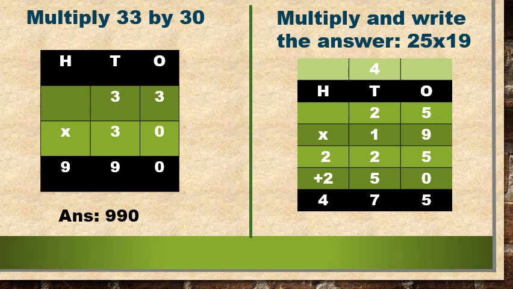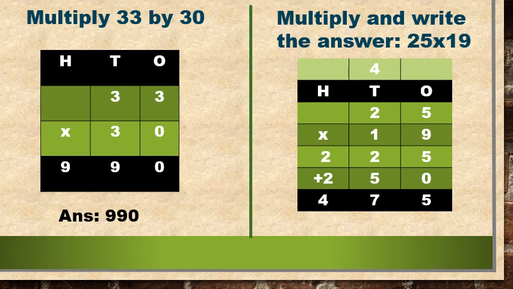So in the first step, we are going to multiply 25 by 9, right? And that gives us 225. And in the second step, we are going to multiply 25 by 10. Why 10? Because the 1 is sitting in the tens column. Alright, and we know 1 tens means 10. So we are going to multiply 25 by 10. Clear? So this gives us 250.